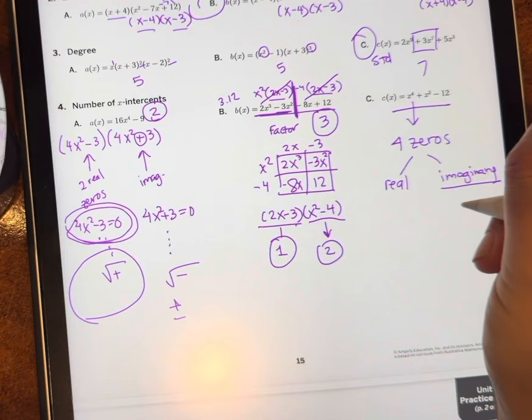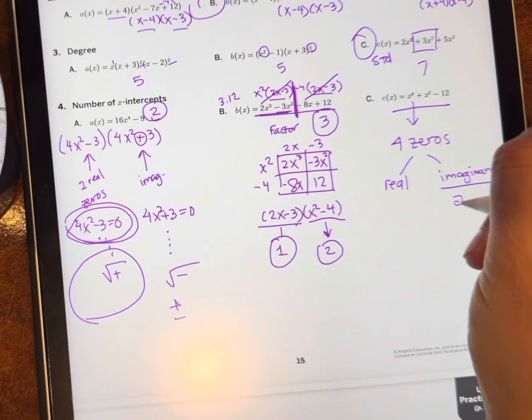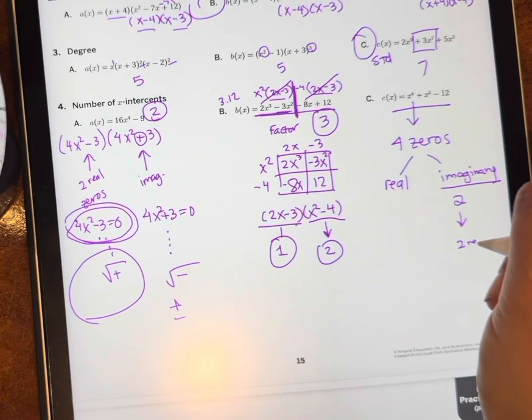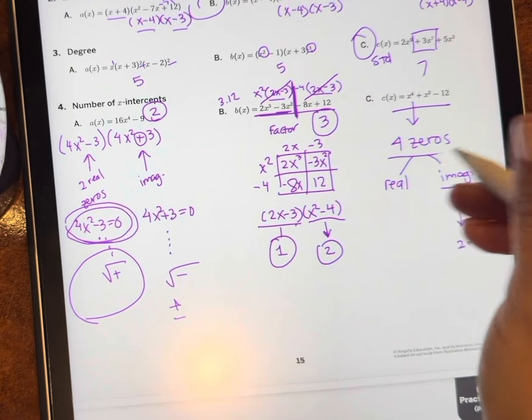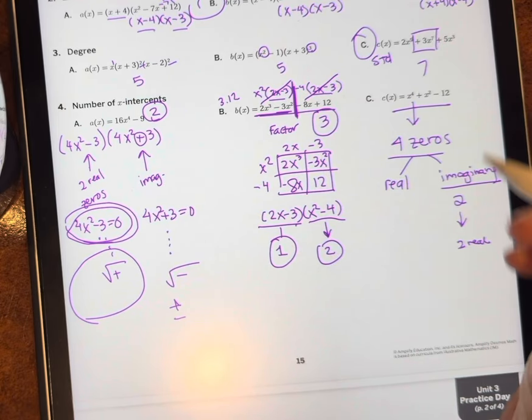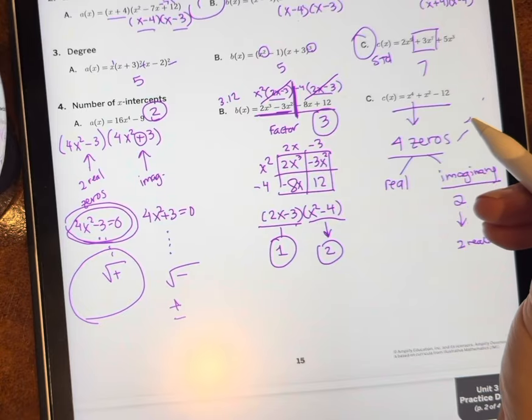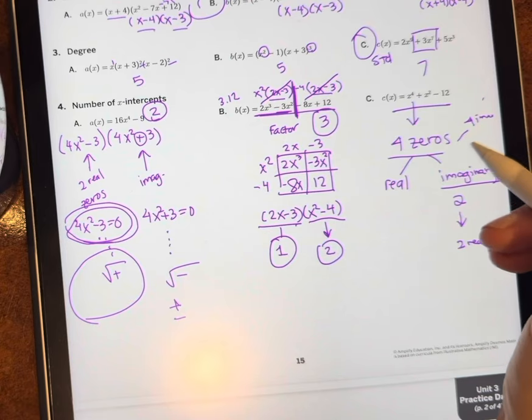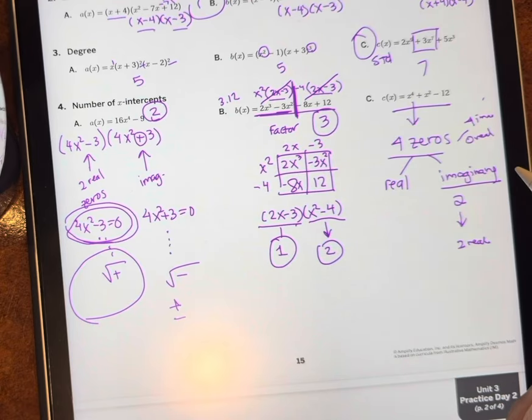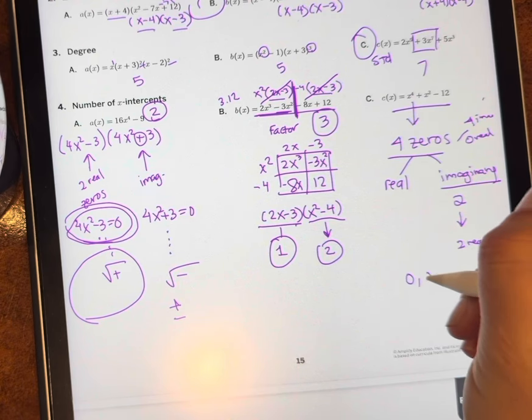So if there are imaginary zeros, there would be 2 of them, which would then mean that we would have 2 real ones because there's 4 total, all right? And I guess the last scenario is that all 4 are imaginary and there's 0 real ones, okay? But either way, it's either 0, 2, or 4,